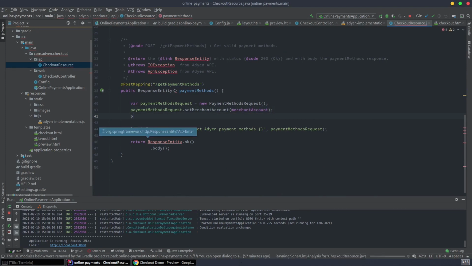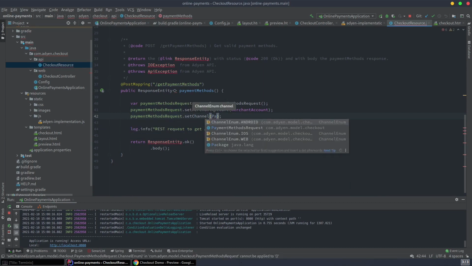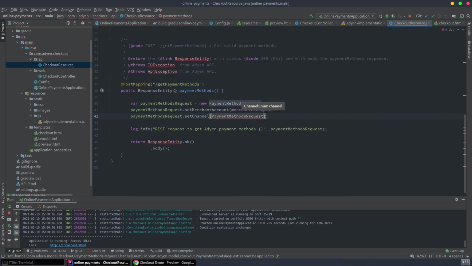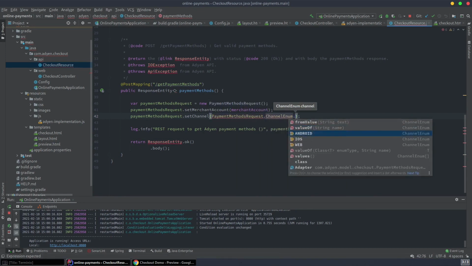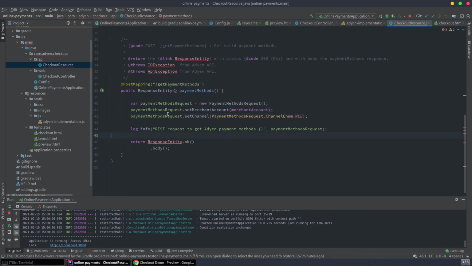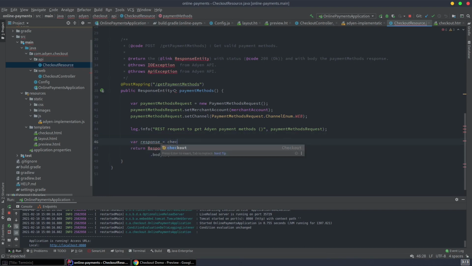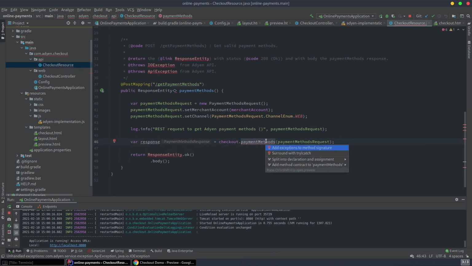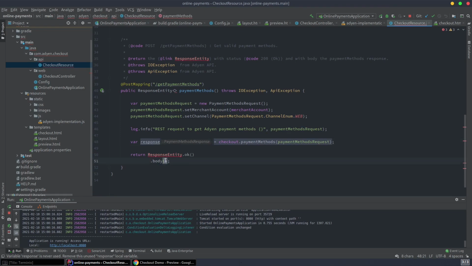and let's say channel. So this would be channel web. So payment methods request channel enum dot web. Okay, we are set. So now we have a request that we can use. So let's say response is equal to checkout dot payment methods with our request, of course, and we will just throw the exception so that Spring would automatically handle it. And for the response entity, we will just pass the response,